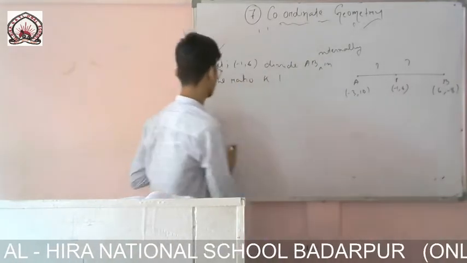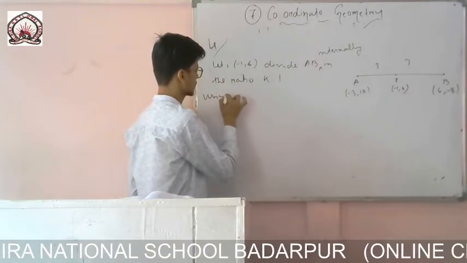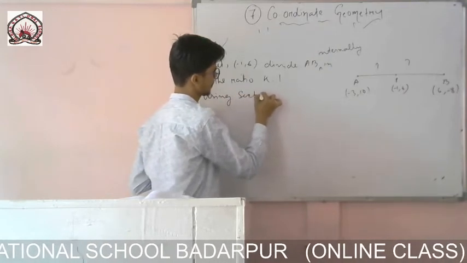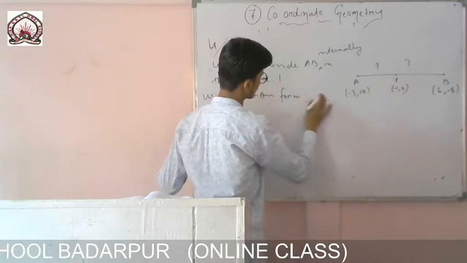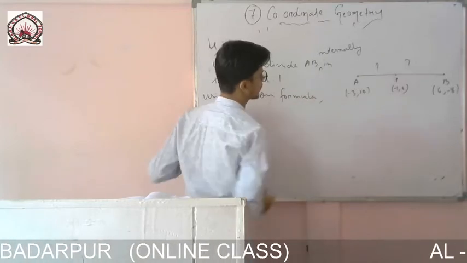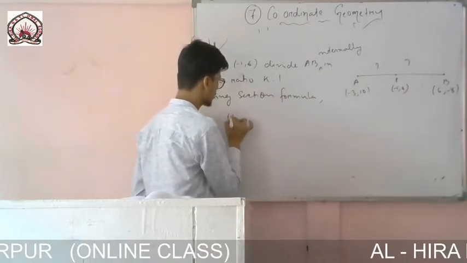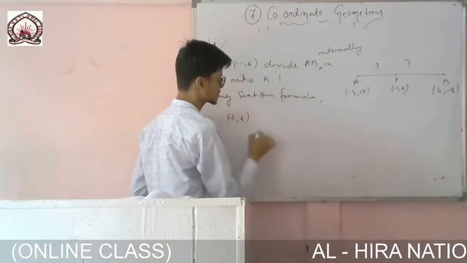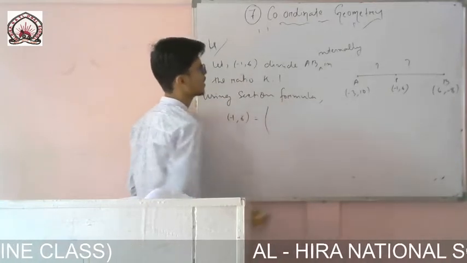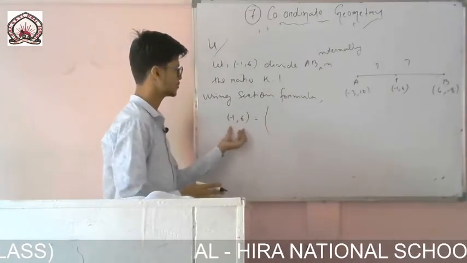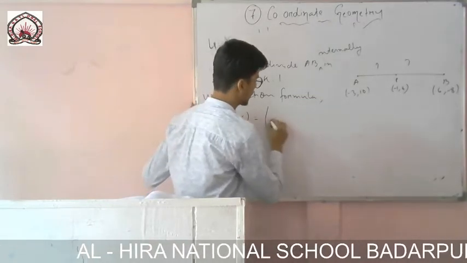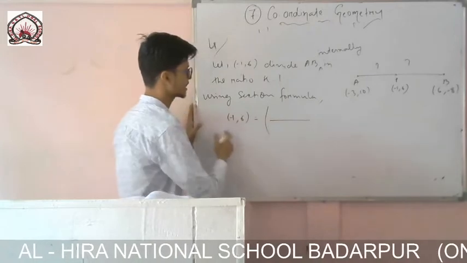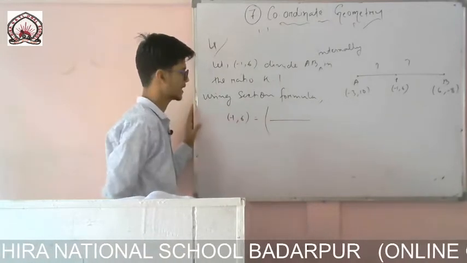So you write like this using section formula, or you can write it directly also using section formula. So this is the coordinate minus 1 comma 6, and now we will find it how we are finding normally by using the formula. Actually this is the value given, but then also we will find it normally, so that we can relate them and we can find the coordinates.